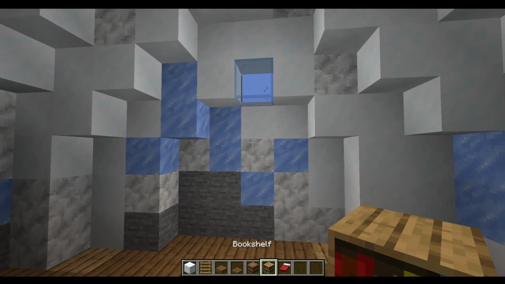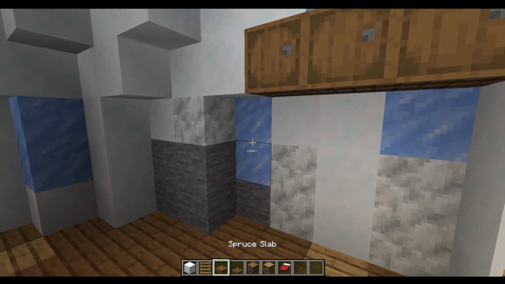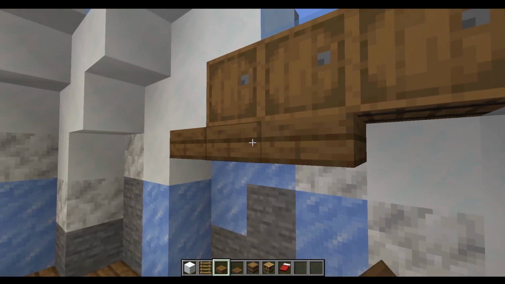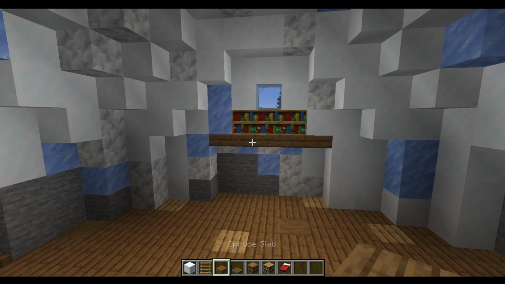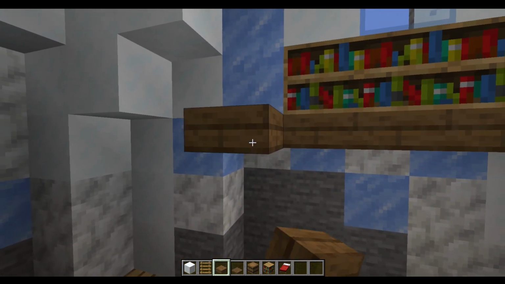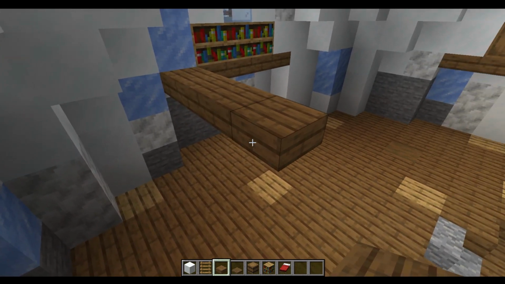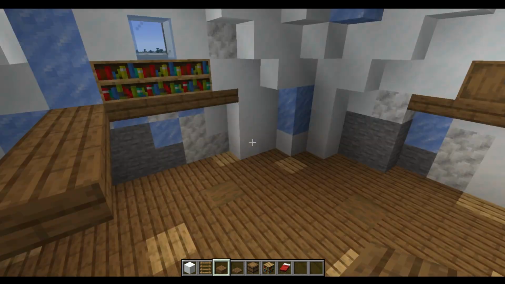Next, we're going to place some bookshelves underneath the other window, and now we're going to simply fill in underneath here and the other side with some spruce slabs for the first step. Now we're going to come to the back of the build, and we're going to fill in a further 4 slabs coming outwards,